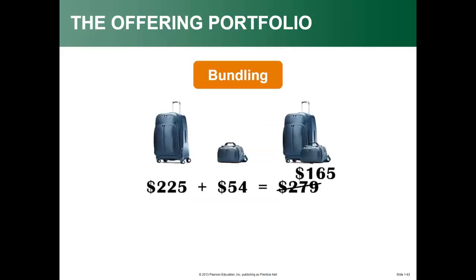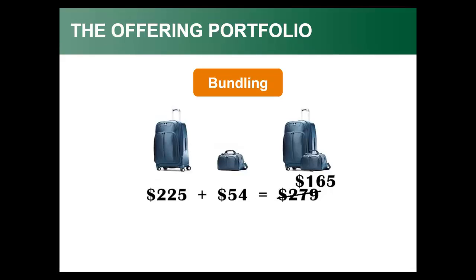Another part of the offering portfolio that your textbook points out is the concept of bundling, right? Bundling is a really nice marketing concept of taking two or more of your products and creating a new offering, effectively a bundle. So let's say we had two products or services that we sold, and now we've created a bundle of those products, and so now we have effectively three products that we sell. This is really effective